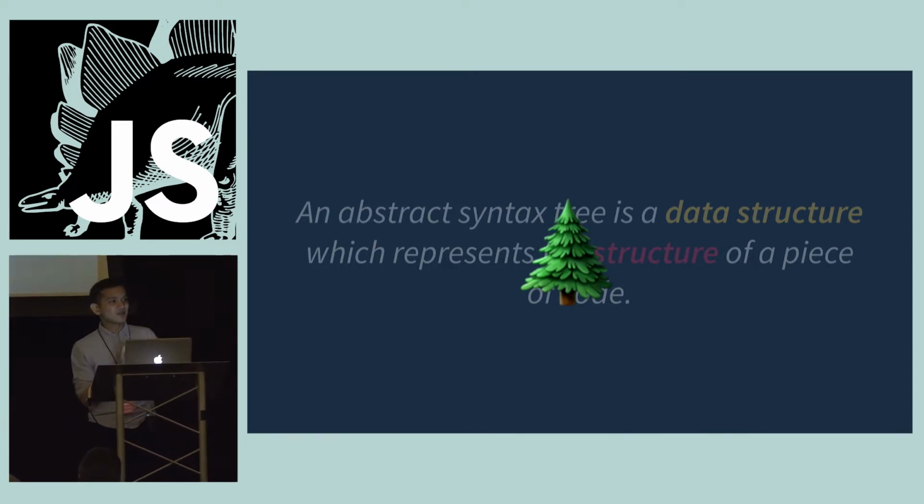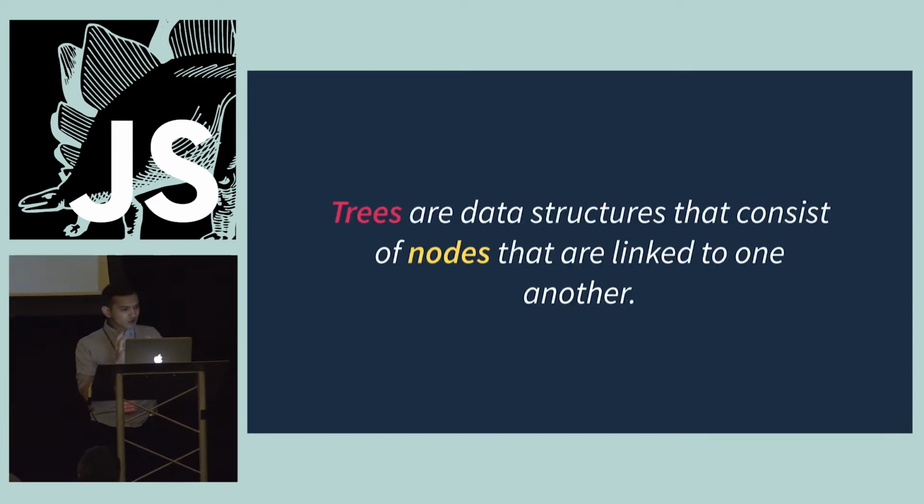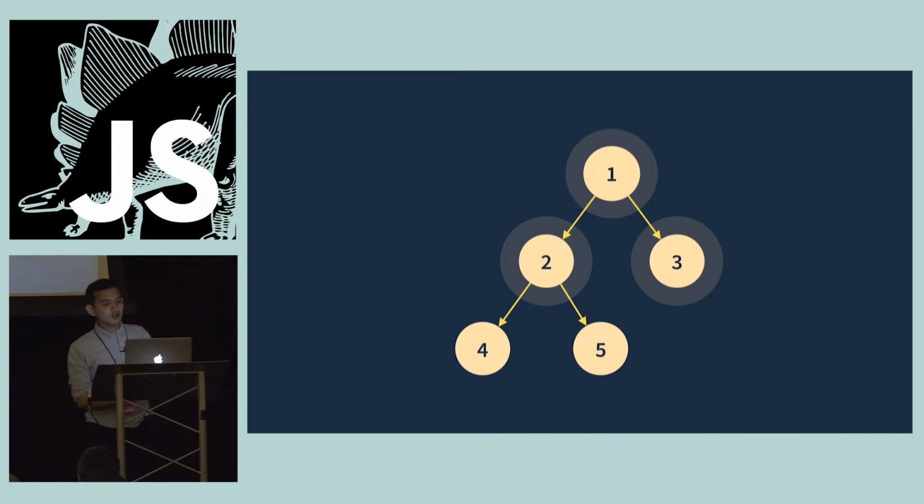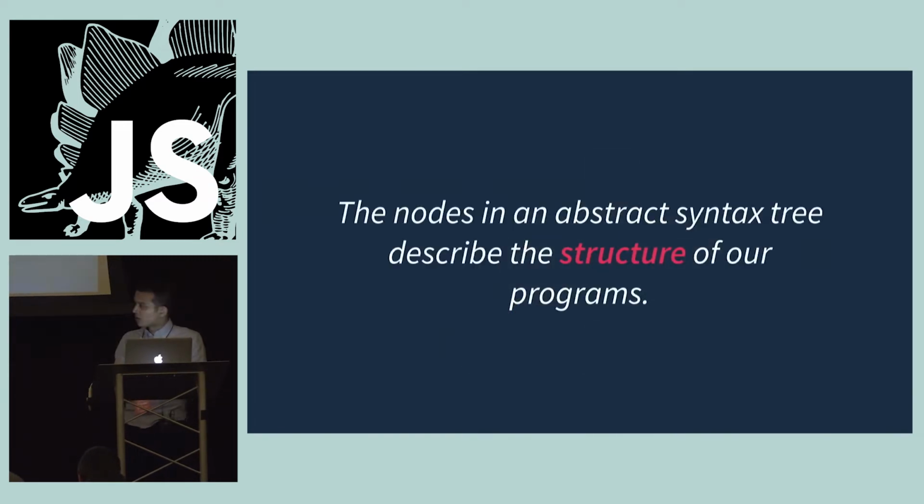Let's talk about this tree aspect. So trees are data structures that consist of nodes that are linked to one another. Here's an example of a tree. At the top, we have node 1, which is our root node. We can also see that node 1 is the parent node of node 2 and 3. Also notice how node 2 also has 2 children as well. If you're not familiar with the tree data structure, I highly encourage you to dig into them more. They're pretty neat. Going back to our abstract syntax trees, the nodes in the abstract syntax tree describe the structure